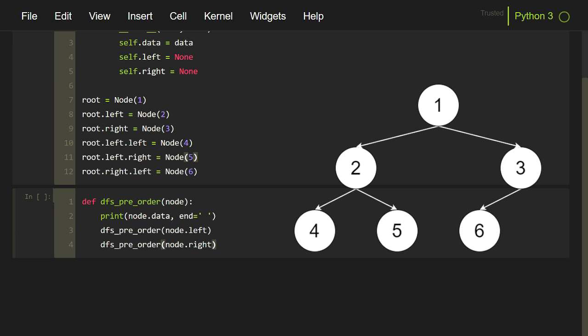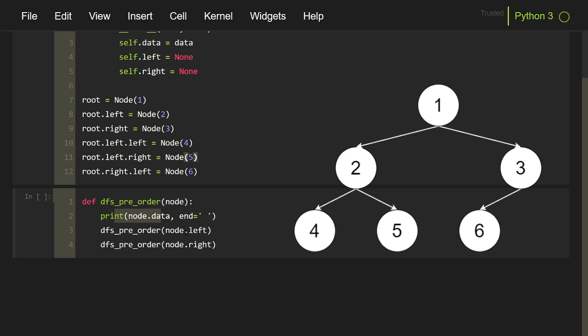Now there are two problems over here. First, this is a recursive function and each recursive function should have at least one base case so that the recursion should stop. Secondly, we are using the dot operator over here, and whenever we are using dot operators, we should think what will happen if the variable to the left of the dot operator, that is this node, becomes none, so that an error is not raised.